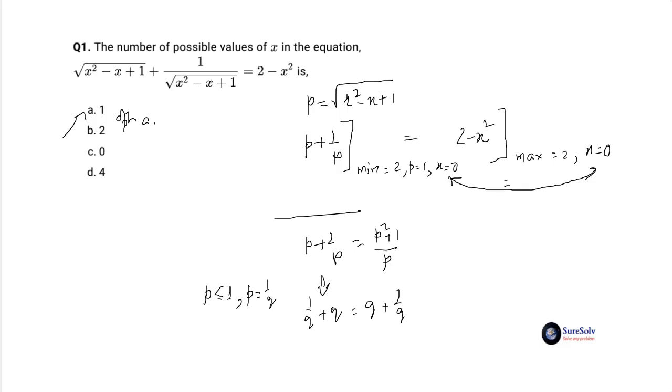By the same logic as before, the expression now will increase indefinitely from initial value 2 when p goes on decreasing starting from 1 and q goes on increasing starting from also 1. In this case also then, the minimum value of sum of inverses remains as 2. Thus, for all possible positive real values of p, the sum of inverses p plus 1 by p will have its minimum value as 2.